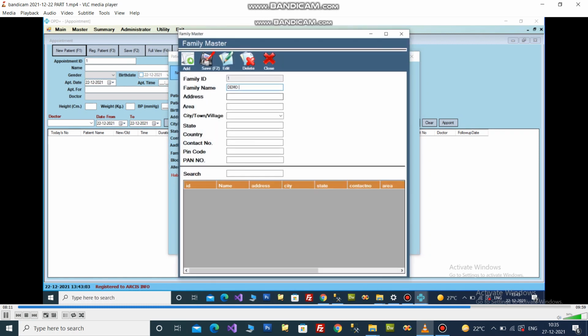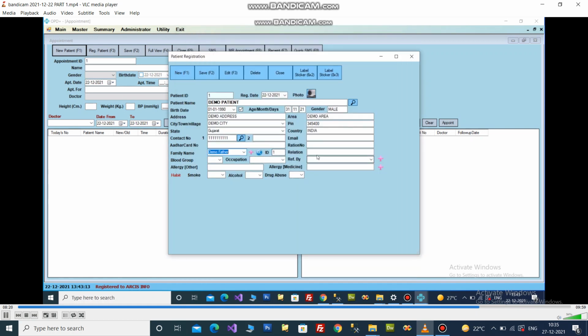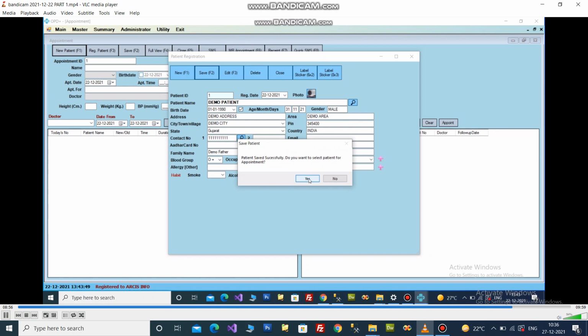It is useful for family accounting. Save data of patient registration.